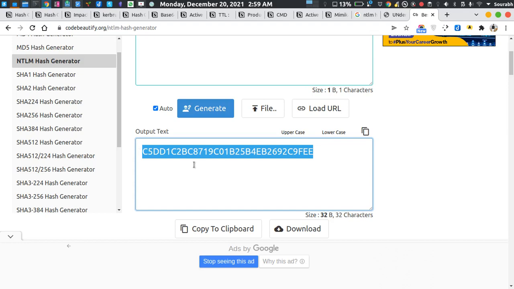So it means that if you have a password A, then your Windows operating system stores this hash as its data. It's not going to store your password in plain text, as ABCD. No, it actually stores your password in a hash manner.